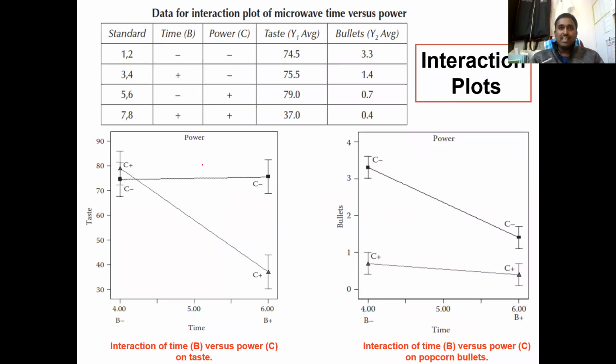We are saying BC has interaction. They have explained here what the interaction is through the means of graphs. So let us look into these graphs. Okay, so what it says is, now we have isolated A. We don't want A because A doesn't have any influence. So with B and C, we get 2 to the power 2, which is 4 runs. Now we have 2 factors, B and C, at 2 levels, minus and plus. So 2 to the power 2 will give you 4 runs.